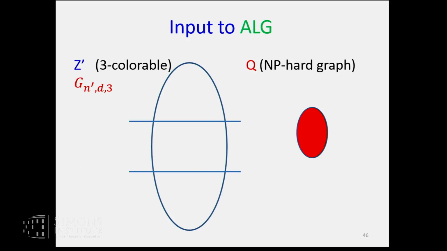The idea is, of course, to trick the algorithm to think that Q is part of some larger graph that was generated according to the host graph model. So the way we do it, we don't ask it just to color Q, but we ask it to color something else. This is a small graph Q, and next to it, a random graph on n prime vertices, where n prime is n minus the size of Q, of average degree D, in which we planted a random coloring. We give it as input to our algorithm and hope that it would